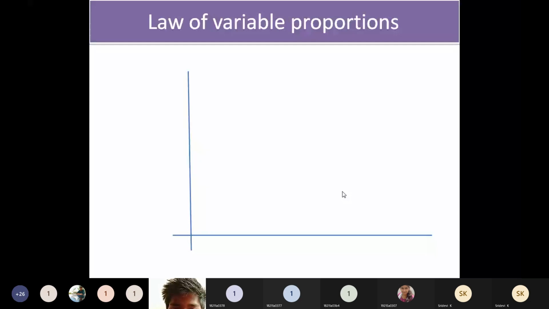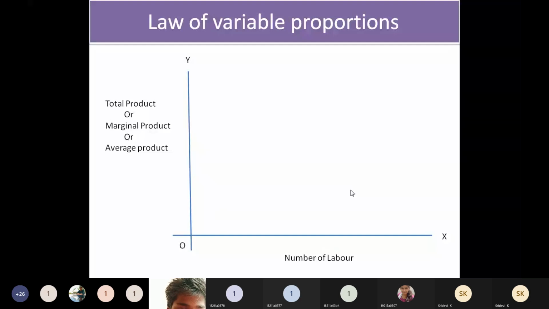So while drawing the graph, we are going to take the x-axis and y-axis. What you are going to show on the x-axis is the number of workers. Labor you are going to increase 1 to 10, 1 to 8, no? So that you take on this x-axis. And on the y-axis, what you are going to show? Total product, marginal product, and average product. Product here is output. Okay. So for the total output, marginal output and average output, we are going to use the same graph. No need to go for any separate graphs.